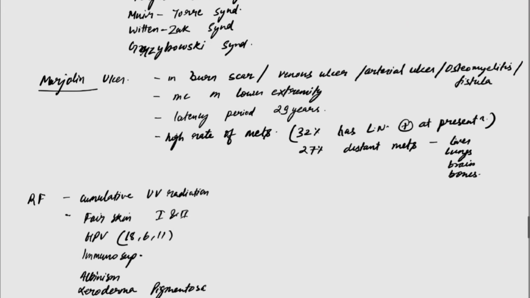Marjolin ulcers. Marjolin ulcers occur in burn scars, venous ulcers, arterial ulcers, osteomyelitis, fistula as well as trophic ulcers. It can develop in any ulcer. Most commonly it is in the lower extremity. The latency period is 29 years. There are high rates of metastasis. 32% of the patients have lymph node positivity at presentation and 27% have distant metastasis to liver, lungs, brain and